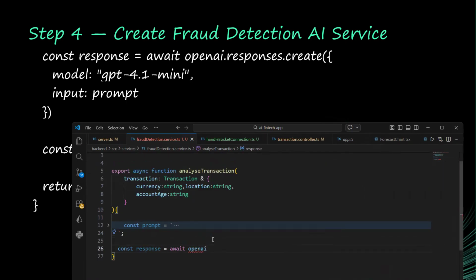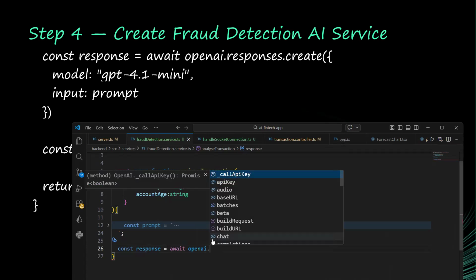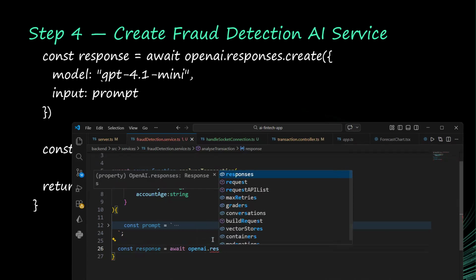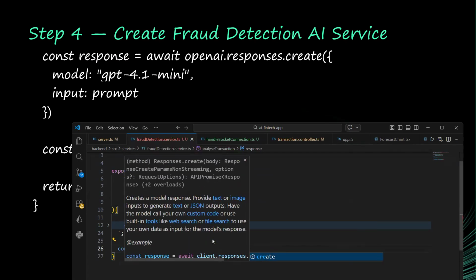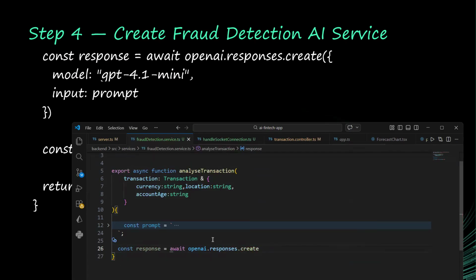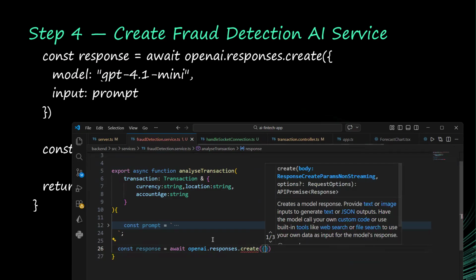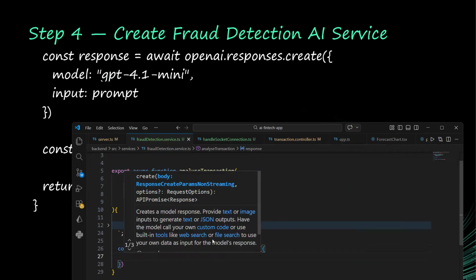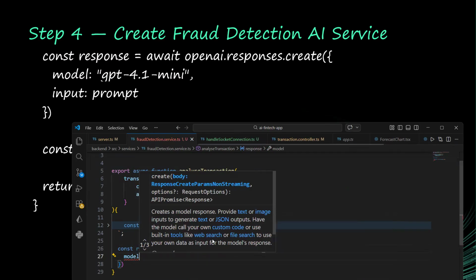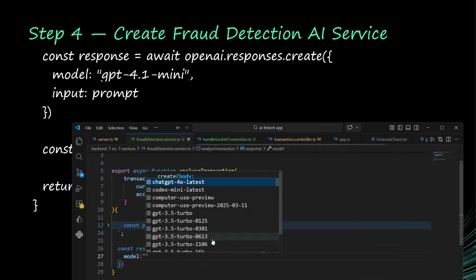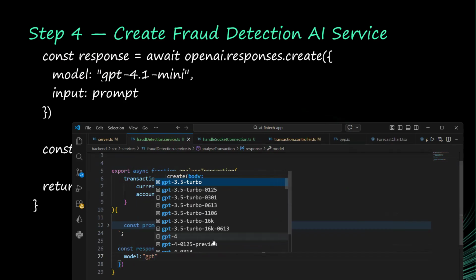OpenAI dot responses dot create. Okay, this is different from what we have been using before. So our model is GPT 4.1,